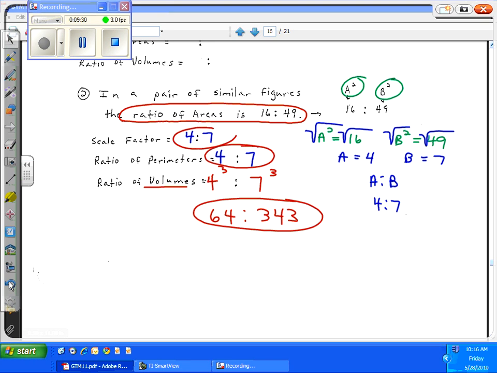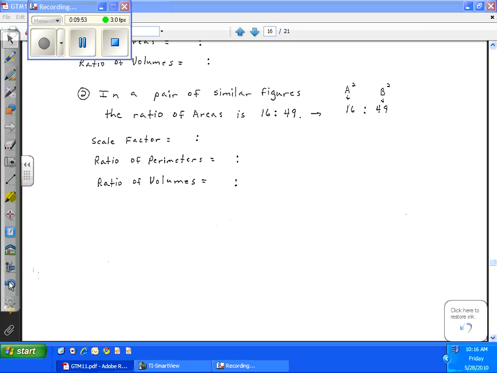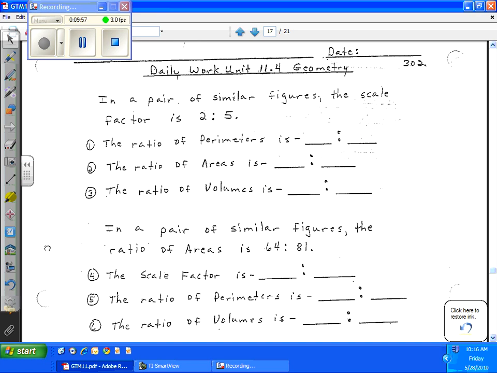So there's the ratio of volumes, ratio of perimeters, scale factor. Any questions on that? So we're using that A to B, A squared to B squared, A cubed to B cubed as a formula, just like we used X, X squared, X cubed as a formula with the drill on page 174 of the algebra book, okay? All right,